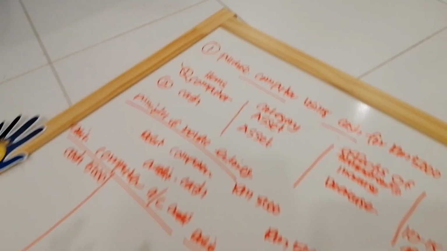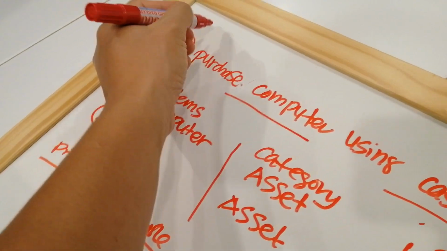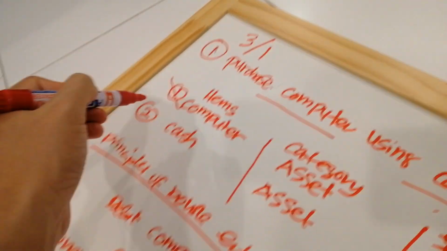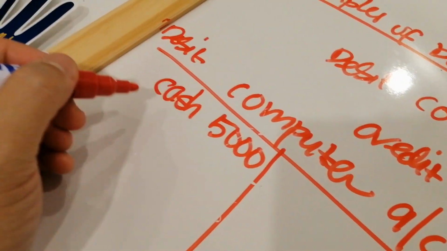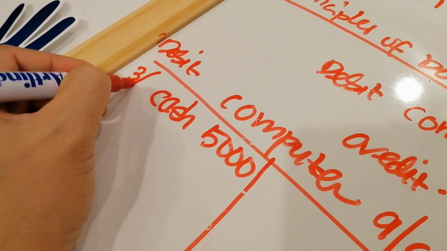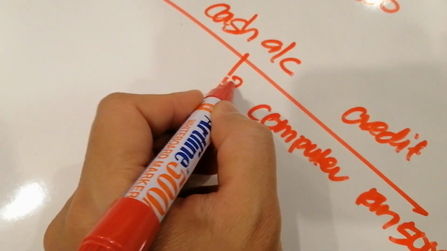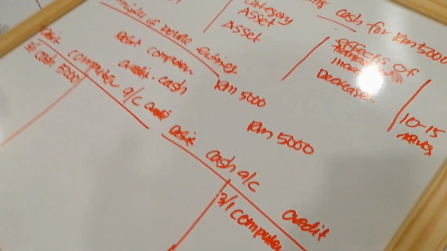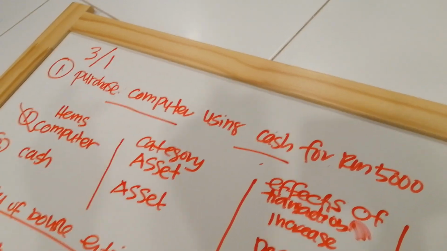Okay? So, let's say transaction ni dia bagi you date 3rd January. So, you pergi dekat account you, before you buat cash ni, you tulis ni 3rd January. This one sama jugalah. 3rd January. Okay? So, this is the first example from